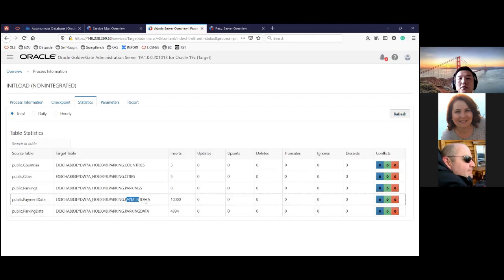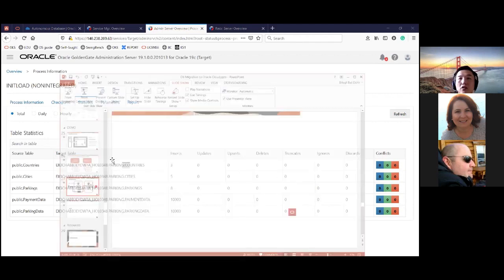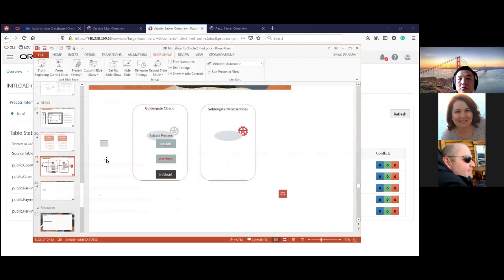Okay, so payment data is finished. Now the parking data table is being loaded. All right. Okay, so these are all the inserts which I wanted to do with the initial load. So we did that initial load, meaning that all the table information, the rows, all the data is in